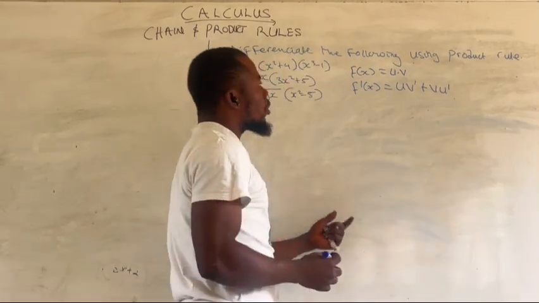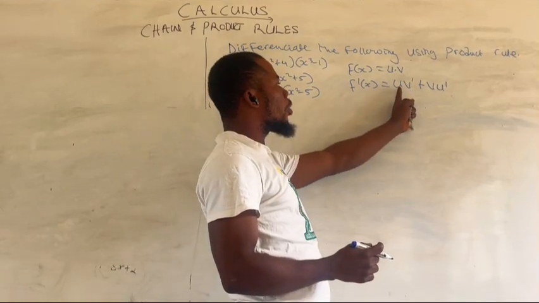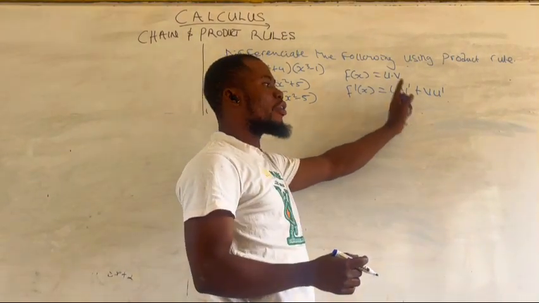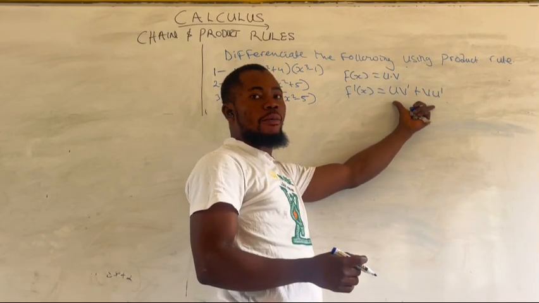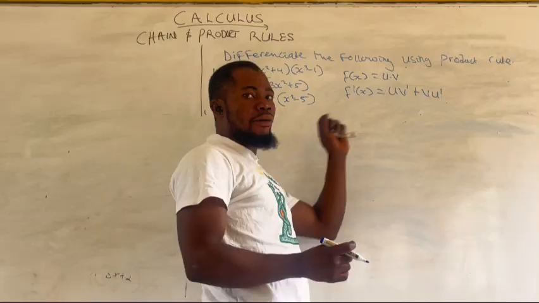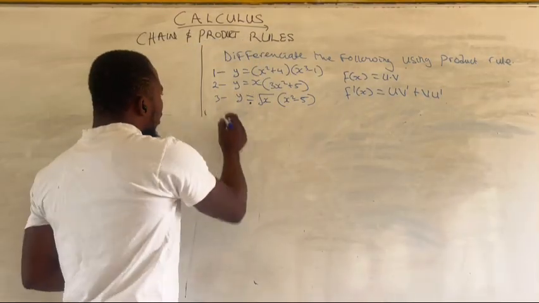So in any question you are solving with the product rule, you have to look for your u, your v, your u prime and your v prime. Then you substitute them in this formula. The v prime and u prime simply mean the derivative of u and v. So the first question is